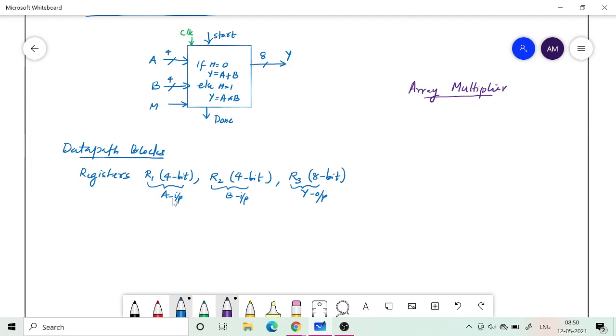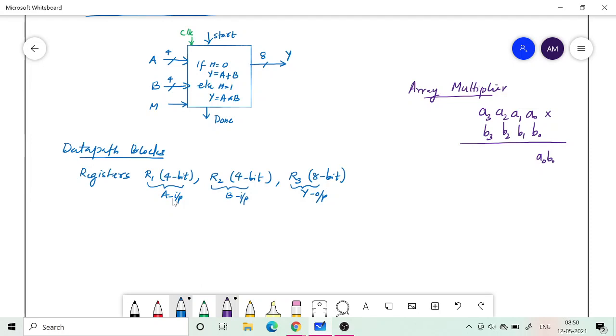If you have two numbers, say A3, A2, A1, A0, these are binary values. A3 can be either 0 or 1. Similarly A2, A1, A0, and similarly B3, B2, B1, B0. The idea is that you first generate A0, B0.